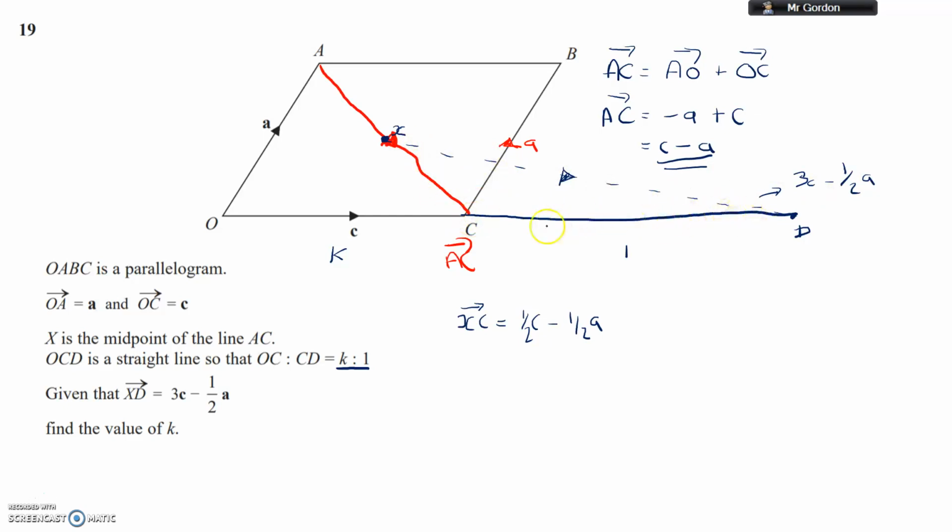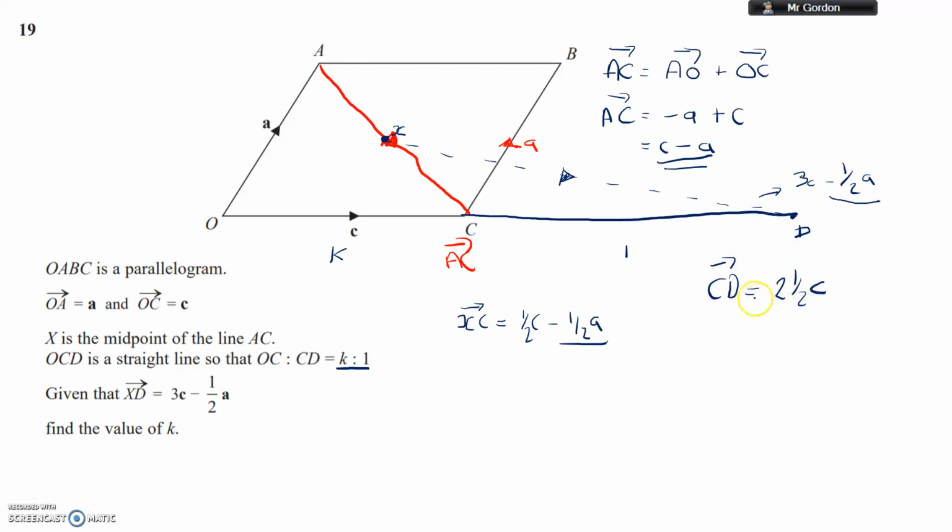It's made up by these two parts here, the red line and the blue line. Okay, so what are we missing from our red line that we know to make the full journey? Well, we've got half a C and we've got minus half A. There's minus half A here, so that matches our minus a half A here. We're just missing some C's. We've got half C there, and we need 3C. So this bit here, the C to D, must be equal to the part that we are missing for the full journey, which is 2.5